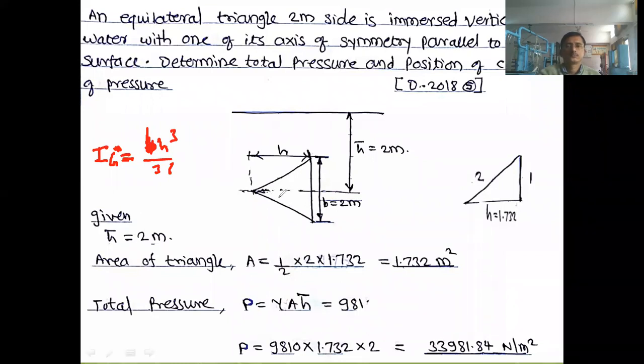Two, sir. Wait, in the formula B is nothing but the side parallel, right? Means we have to take this B side, and H we have to consider this H. Okay, so B here will be